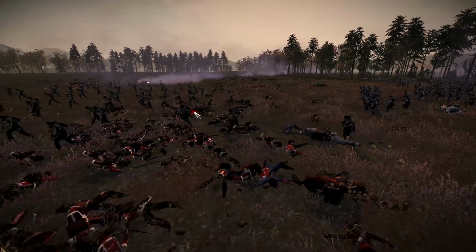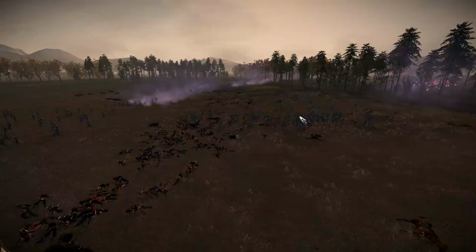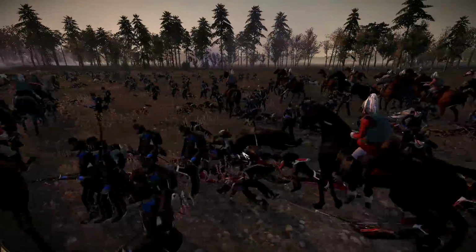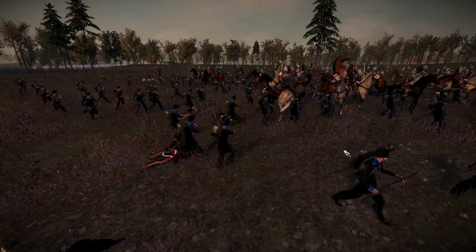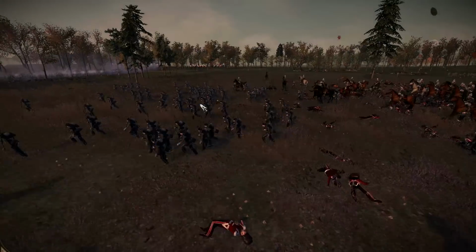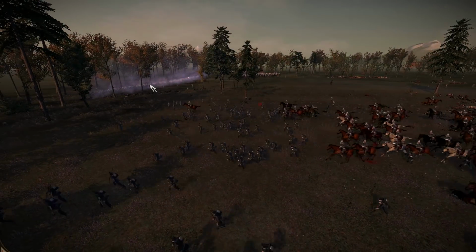However, as you can see, the Gurkhas are rather fast, and so my line infantry is caught out here, under fire, and then they're caught up by the lifeguard horse. So not very good, and I lose this line infantry unit. Luckily for me, I'm able to pull up the Hanoverian Guards,